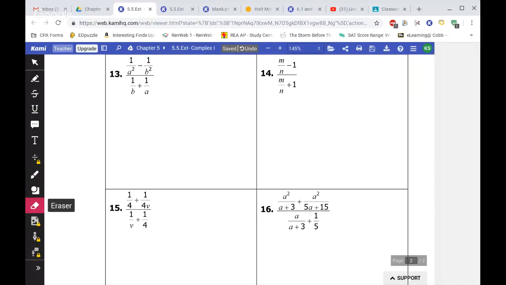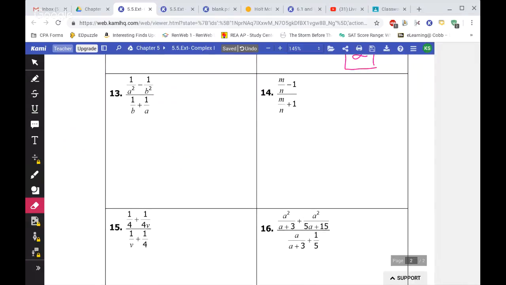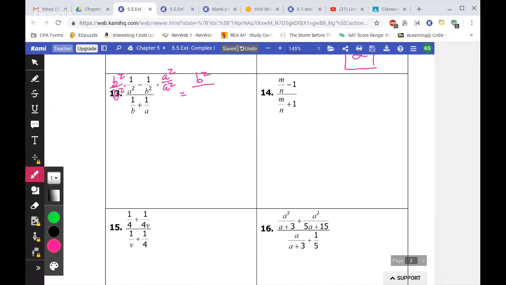B squared over b squared. Hope you can see that okay. And over here, that's going to be a squared over a squared, which will get me b squared over a squared b squared